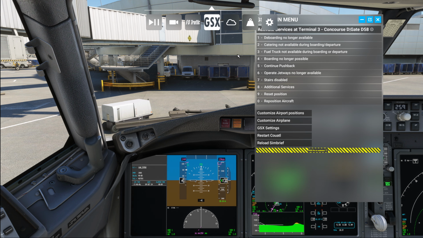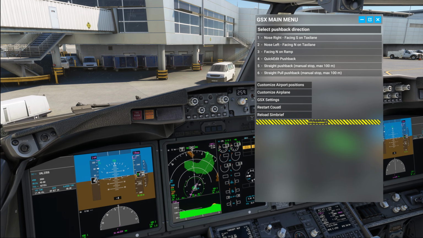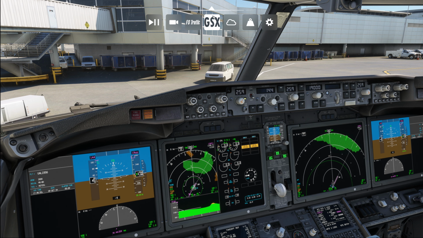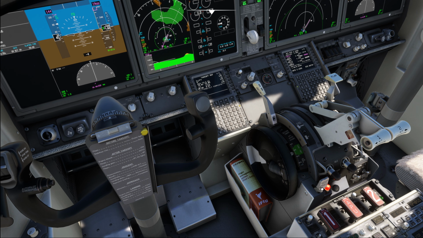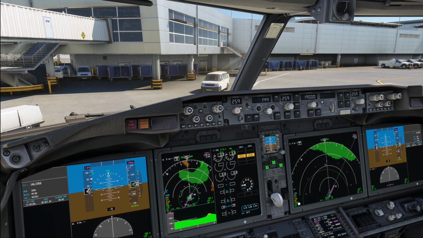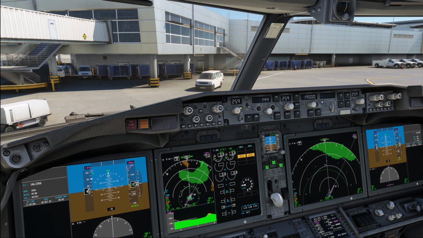So let's tell GSX that we are ready to continue the push, and we want to push with the nose facing to the right, so facing south on the taxi lane. Okay, so GSX is prepared. Let's release our parking brake. The pushback is going to start, and while the pushback is progressing, let's talk about the engine